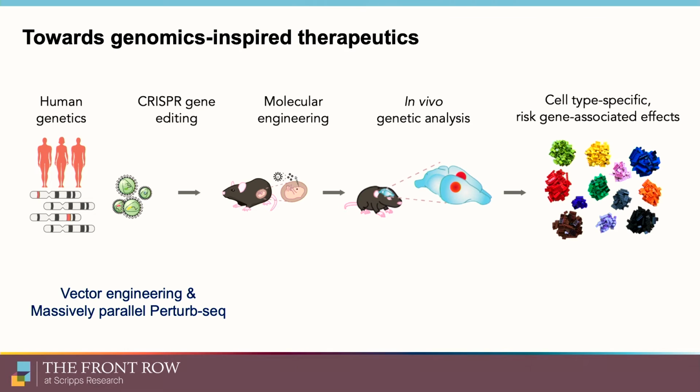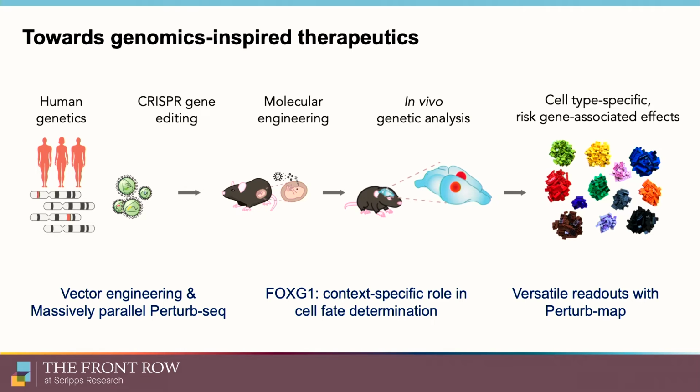I told you three very short stories about our effort in engineering these vectors to achieve massively parallel Perturb-seq. Using this technology, we decoded a transcription factor called FOXG1, a risk gene implicated in intellectual disability and autism. We identified its very specific role in regulating cell fate, and the loss of function leads to confused and hybrid cell fates. And finally, I hope you can see that Perturb-seq is not just one experiment or one trademark. It can be coupled with many different readouts, such as high-content imaging readout, and build a more holistic picture of